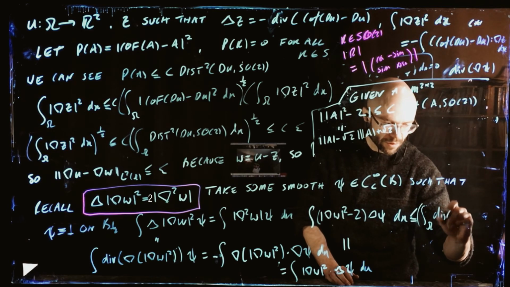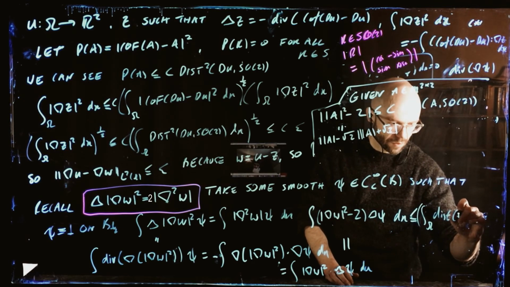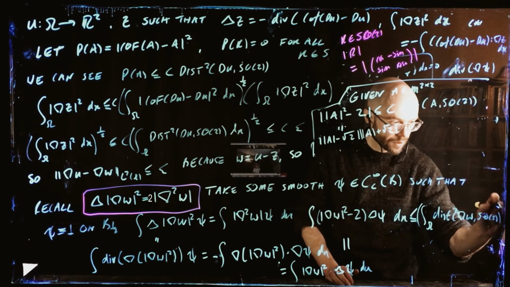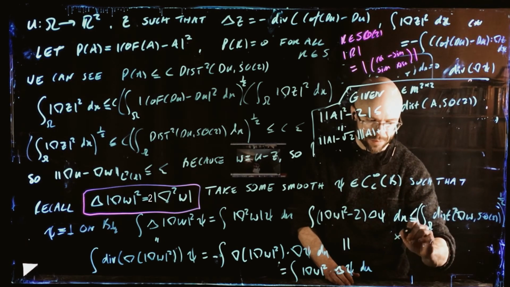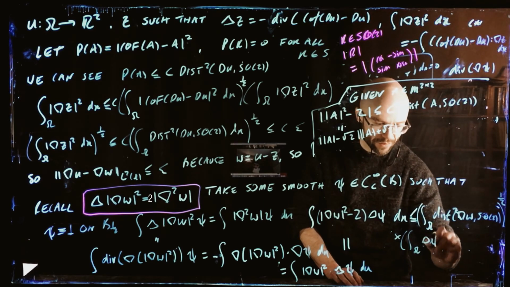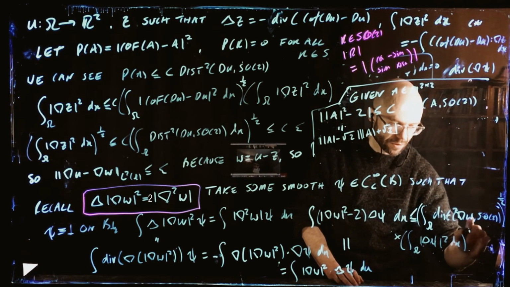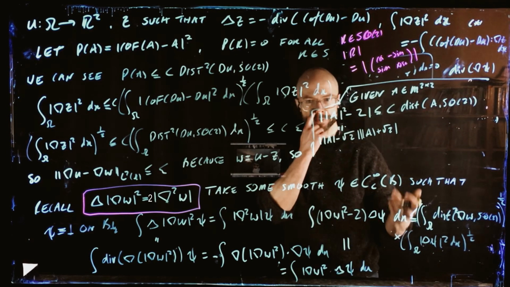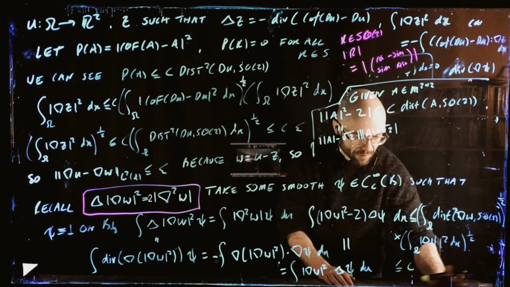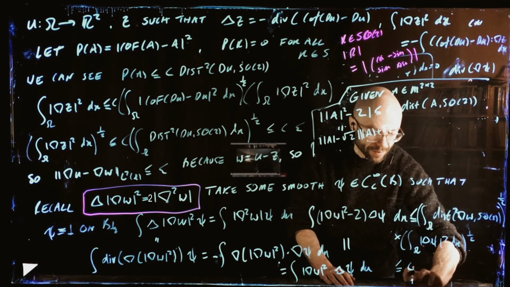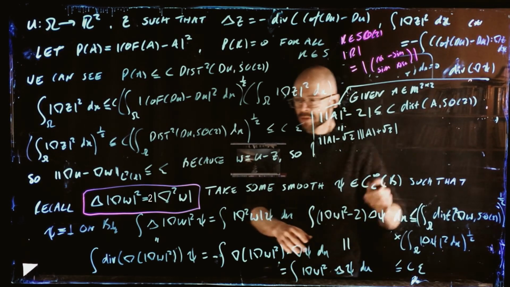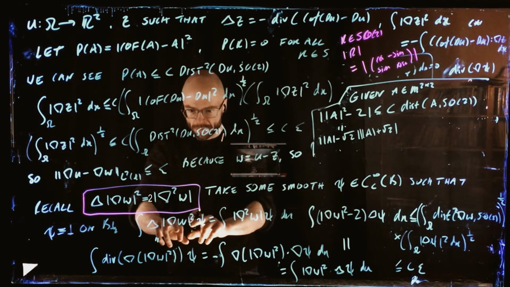So it's controlled by the integral of the distance of the gradient of W from rotations squared, to the 1 over 2, times this thing, Laplacian of phi squared dx, to the 1 over 2. I don't care about this thing, it's just a constant, it's just this bump function. So this is just less than some constant times this quantity epsilon again. Yeah. So going back to where we started,